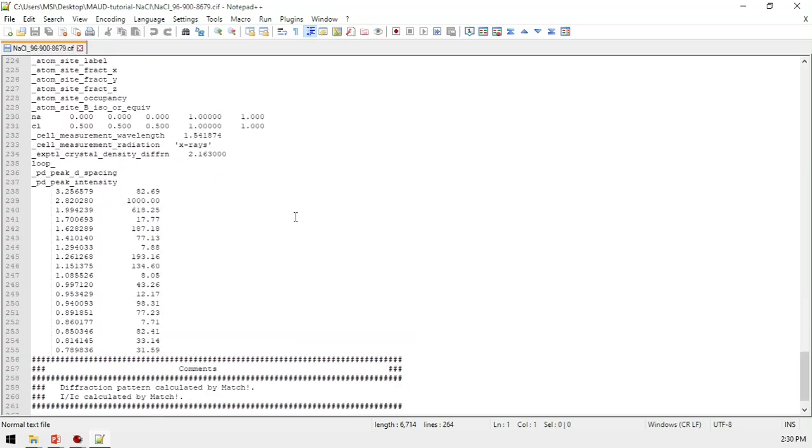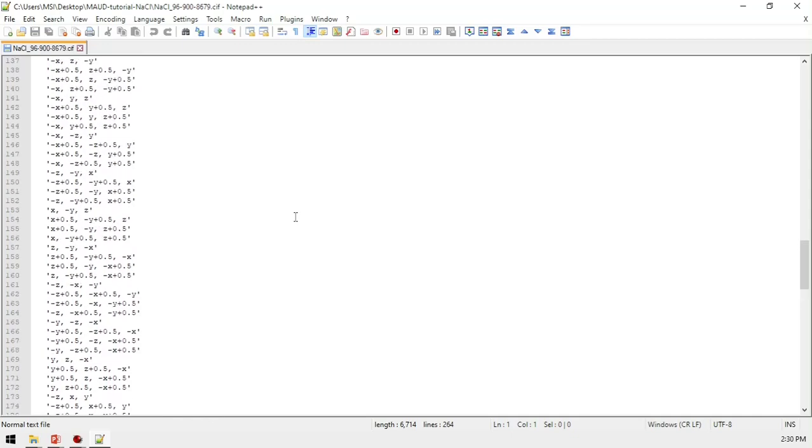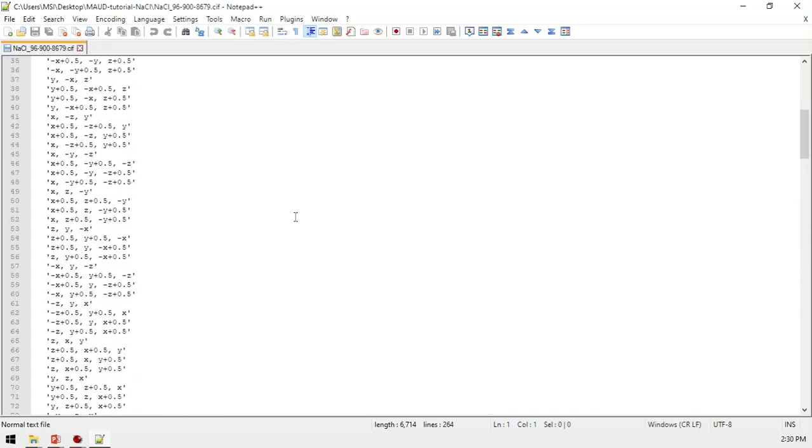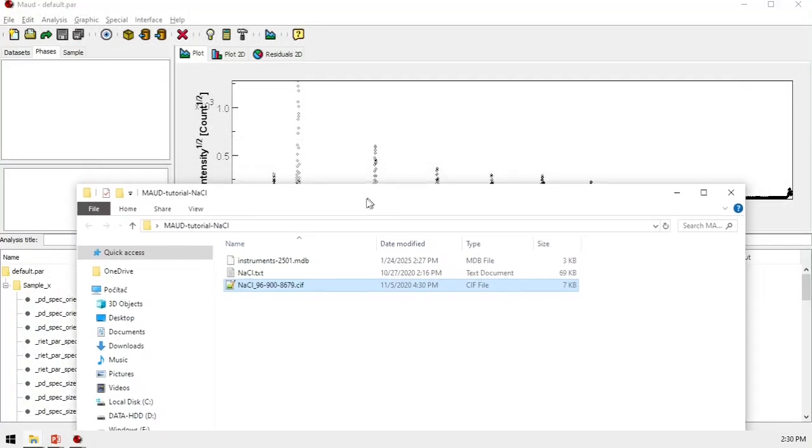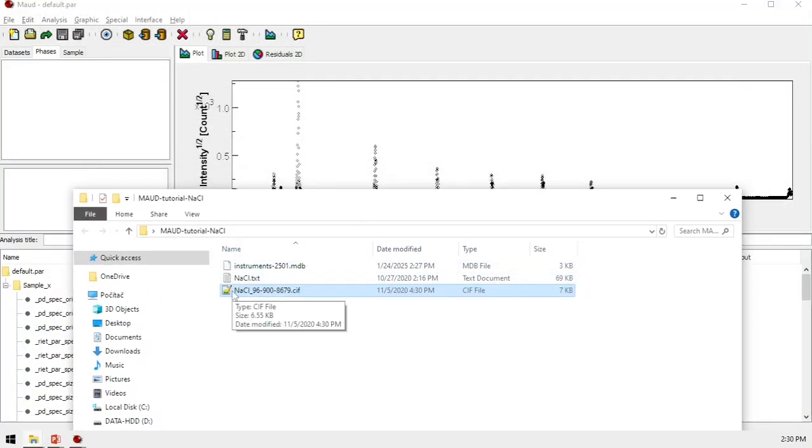If you have ICDD, sometimes it's easy, sometimes it's difficult to convert it to this file type, CIF. But it's possible.